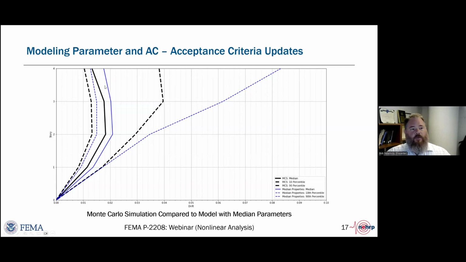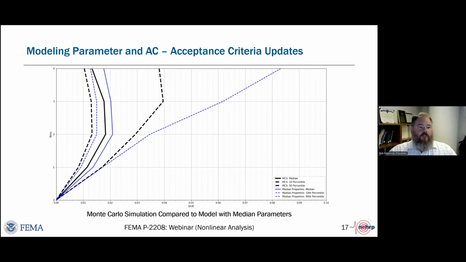And what we found there when doing the Monte Carlo simulation of that was that the median of the Monte Carlo simulation was not too far off from the median of the analysis model that had all median parameters imported into it. And so this gave us confidence that if we were going to recommend how you would develop modeling parameters for ASCE 41, and also in some respects revalidate the direction of building a model that is based on modeling parameters that are all at the median response of your test data, you would be getting a somewhat accurate representation of the building's probable response under an earthquake.